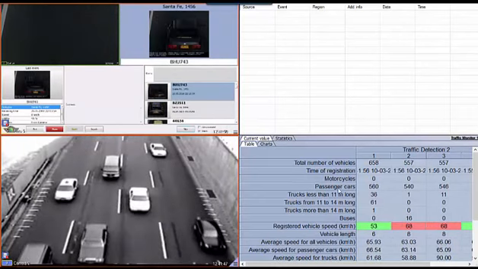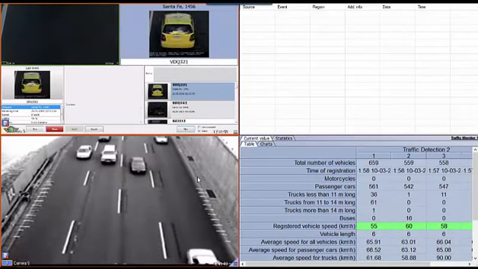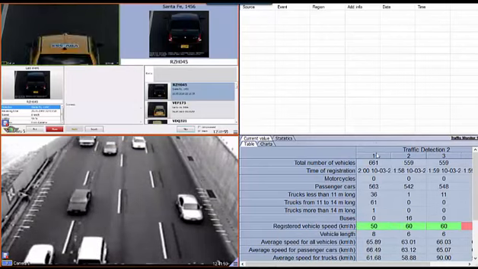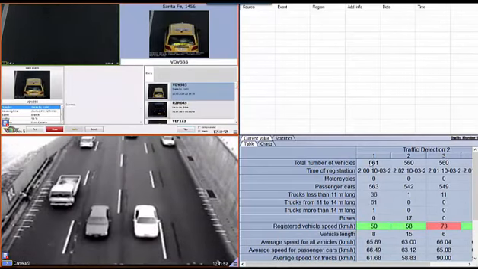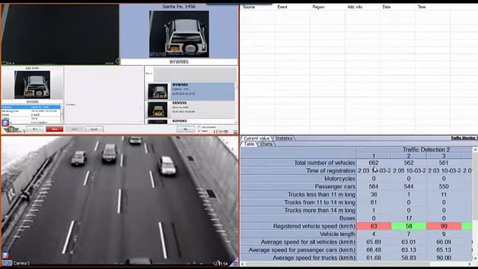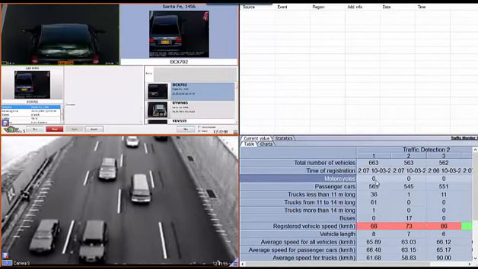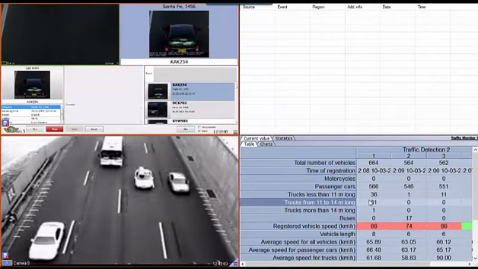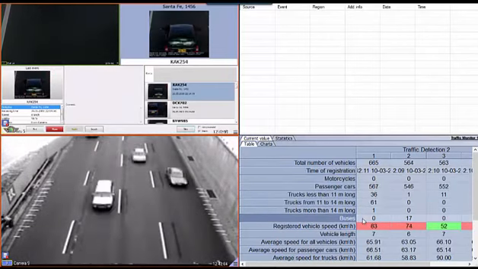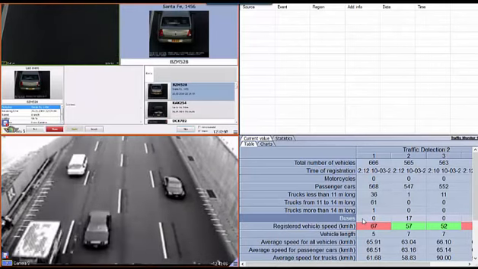Also below here, it will give the statistics of vehicles coming into the bank and statistics of vehicles exiting. So you are able to know how many vehicles have come into the premises, how many motorbikes, how many passenger cars, how many lorries, how many buses. You will also know how many vehicles are still within the premises,